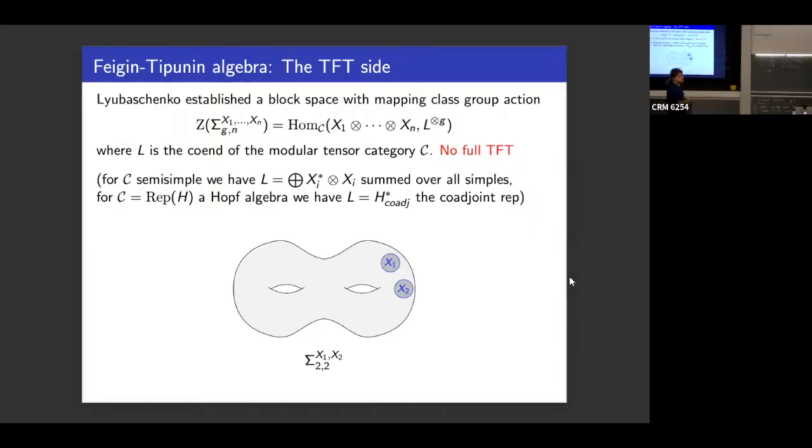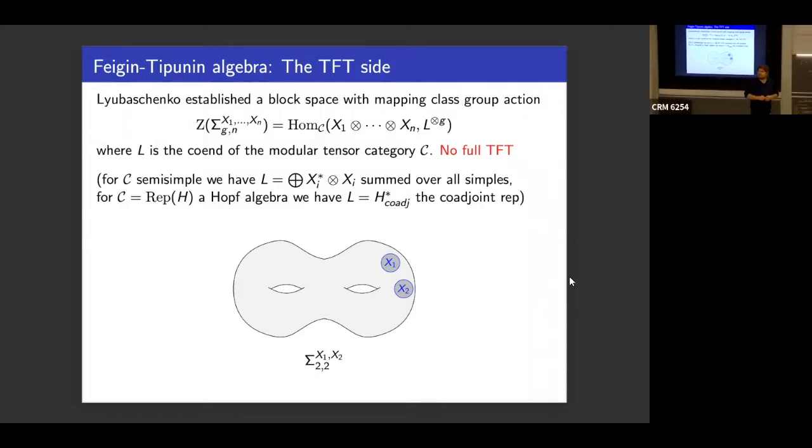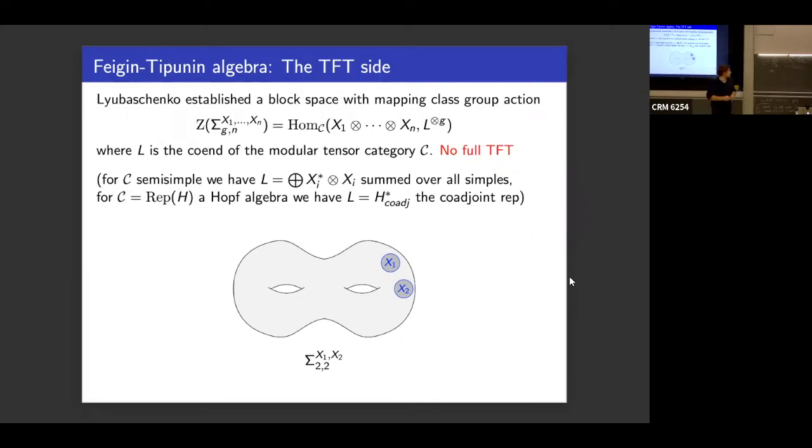So can I ask a question? Yeah, please. I would have guessed that the coend would be the full space of the bulk conformal field theory, where you have all your projectives. You have a holomorphic action for one algebra, and then the action of the other algebra links all the projectives up together. Somehow that's what it is. It will be like a regular bimodule for this. And then you take a joint of this regular bimodule. We are in the category of representations, not bimodules. So it's more or less like this. It's projective dual and projective, but then you have to divide out stuff because projectives are not simple.